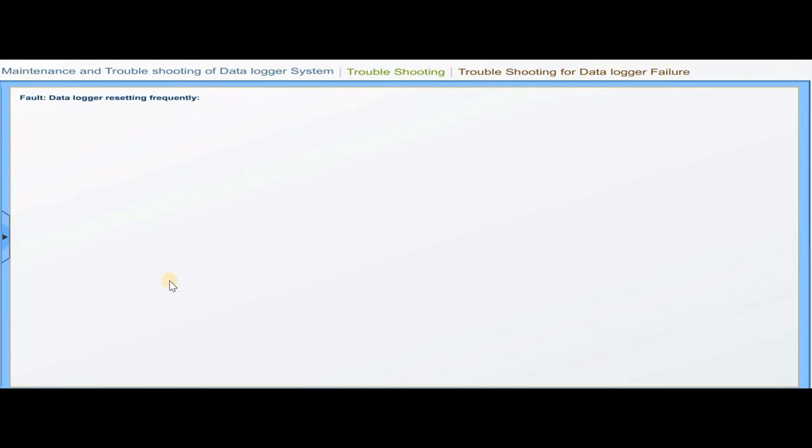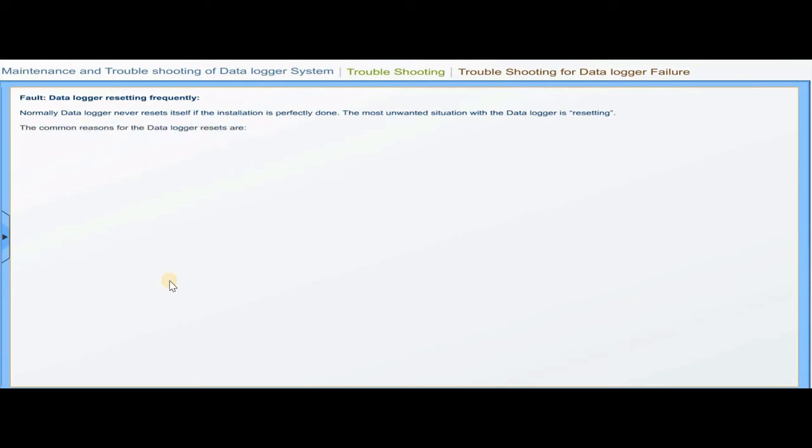Fault: data logger resetting frequently. Normally, the data logger never resets itself if the installation is perfectly done. The most unwanted situation with the data logger is resetting. The common reasons for the data logger resets are due to loose termination of power connectors and other cables,